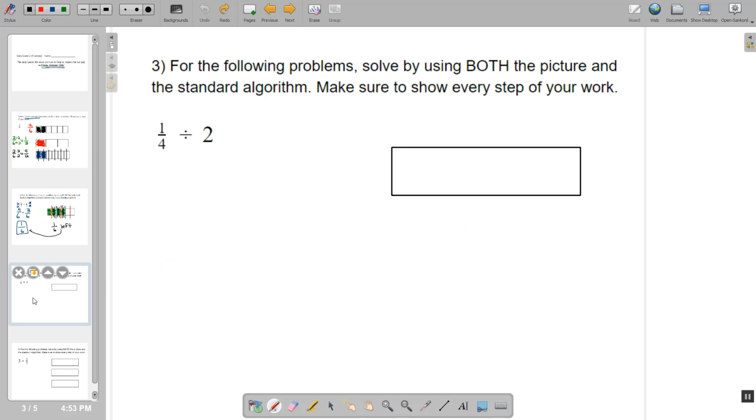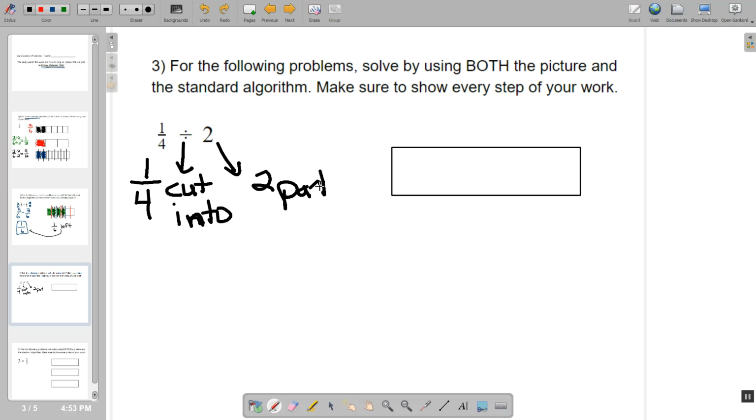So I have to do 1/4 divided by 2, and I want to use the picture and the standard algorithm. Well, I'm going to start with the picture, and I need to make sure that I draw out, or explain out, what the problem is in words. So this is 1/4 divided by, which means cut into, and this is 2 parts, 2 equal parts. Okay, so I have to draw out my 4ths,